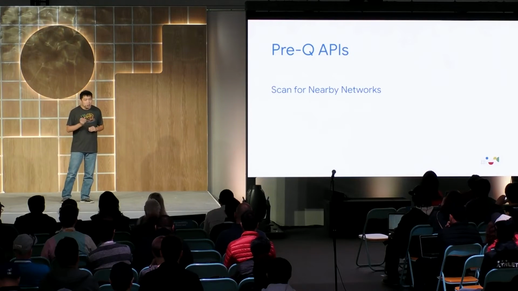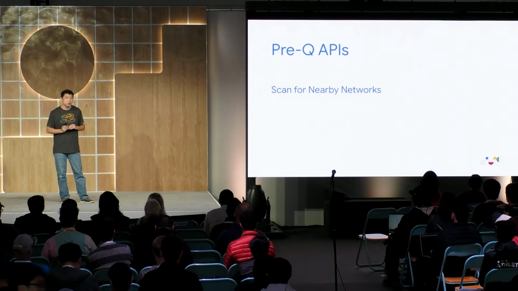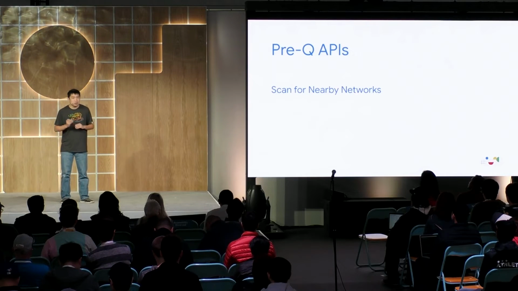Applications sometimes want to help users to connect to Wi-Fi devices. Before Q, Android provides APIs for Wi-Fi connectivity. Applications typically do a Wi-Fi scan first to get a list of nearby Wi-Fi networks and choose which Wi-Fi device to connect to. Knowing the nearby Wi-Fi devices makes it possible to derive the device location. So these APIs are protected by location permission. This causes a lot of confusion to users, as they just want to use the app for Wi-Fi connectivity and do not understand why the app requested location permission.